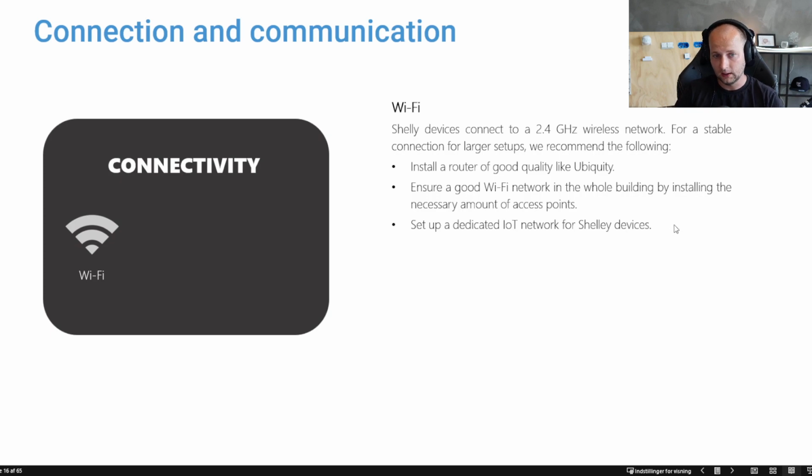Set up a dedicated IoT network for Shelly devices. Again, it's not necessary, but I have been running with around 60 Shelly devices on my own home Wi-Fi network for quite a lot of time. But in the end, I ended up with a few duplicate IP addresses, IP conflicts, so two devices trying to use the same IP address, which means that one or two devices went offline constantly. So I have set up a dedicated IoT network for my Shelly devices, and it means that I have no IP conflicts.